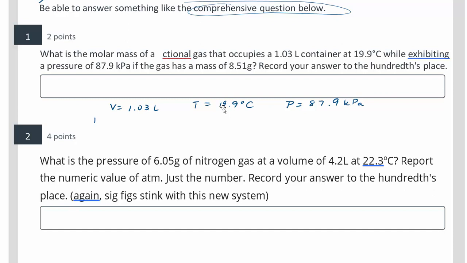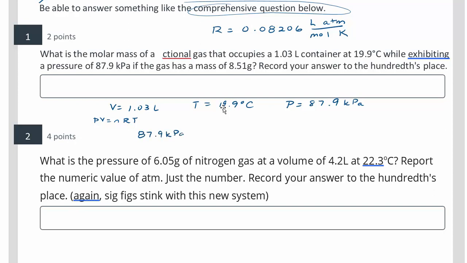So the ideal gas law being PV equals nRT. R is our ideal gas constant, 0.08206. Remember, the units for that are liters atmospheres per mole Kelvin. So we need to match these units with our given quantities. So the pressure that we're given is